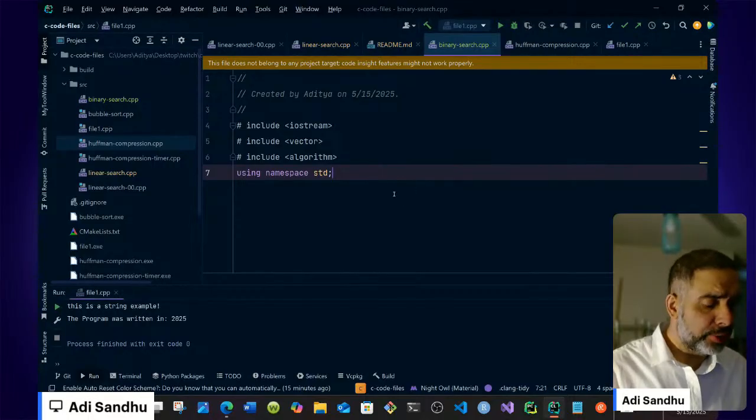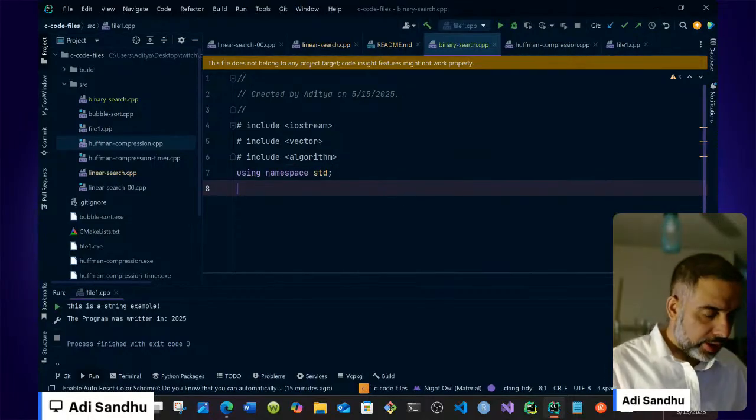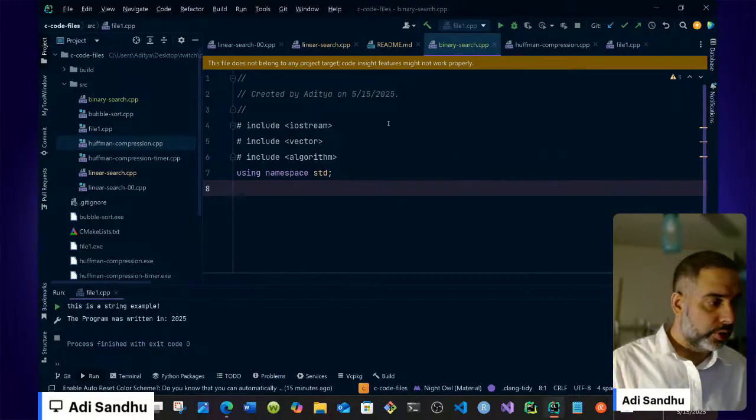And the iostream is for input output, right? So that's for